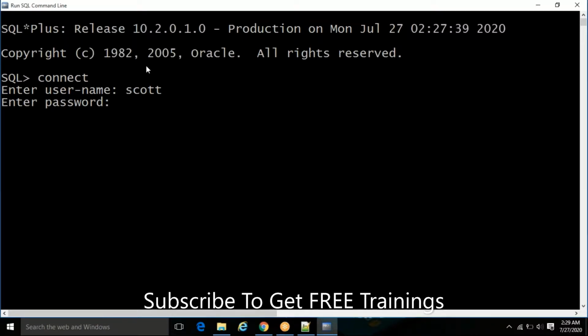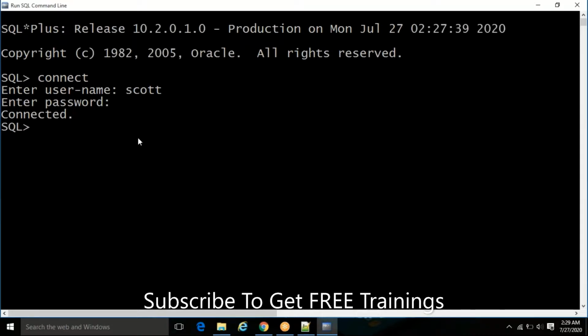The password is not visible. Okay, you can keep it in your mind, spell it out in your mind. Okay, what is the password? I already typed that password, but it is not visible. Just press enter. Okay, it is connected. Now you are able to create tables, check the database table structure, insert data, and use anything else.